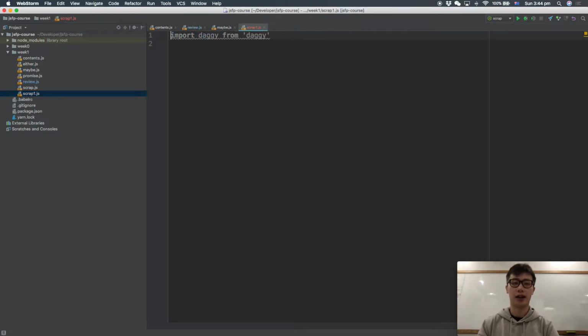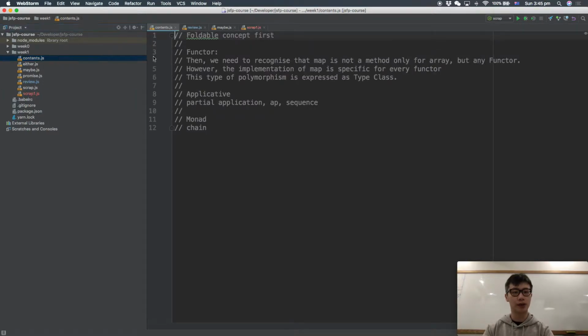All right. Okay. So you can create an empty file here. Let's go through the contents we're gonna do this week, basically. Well, first, let me go through